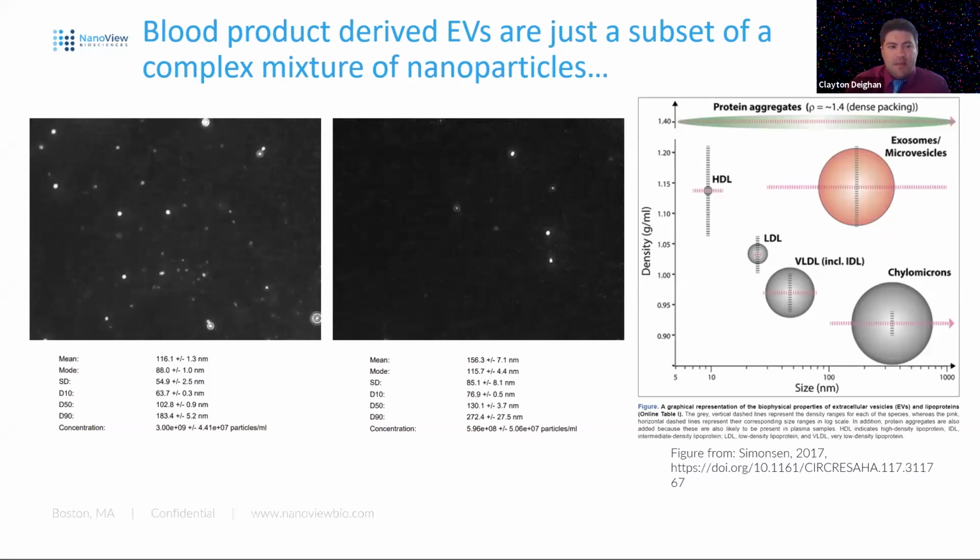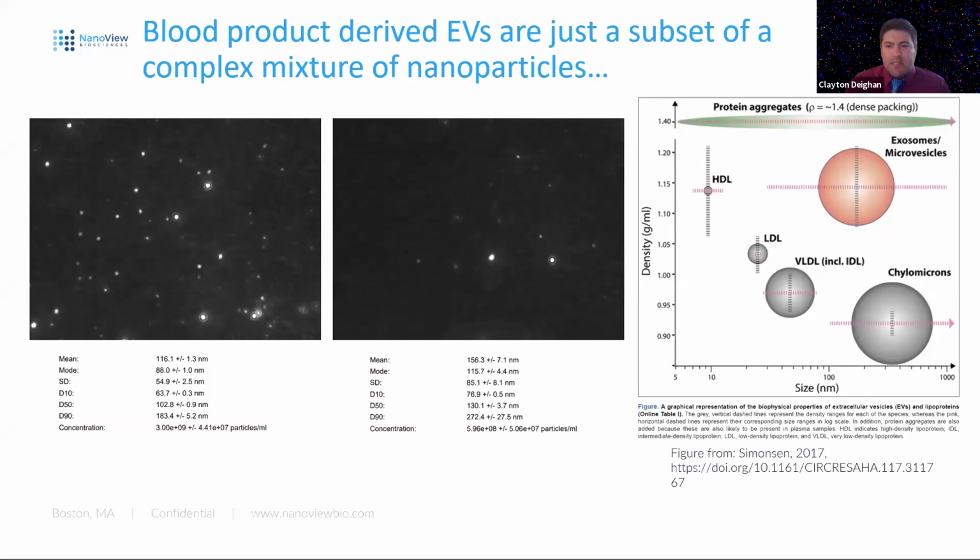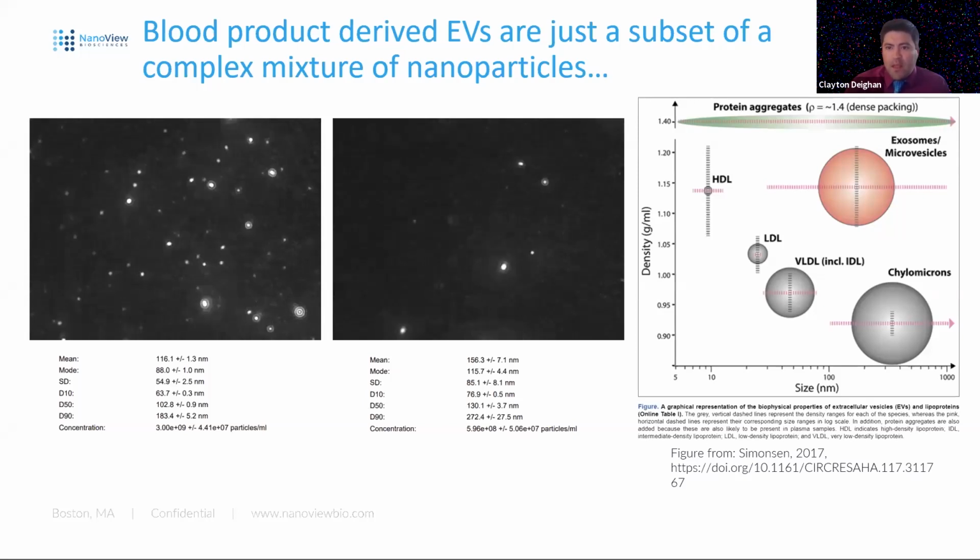Some beautiful NTA videos. What we have here side by side is two different plasma samples. I think a lot of us have probably done this experiment before, gathered data like this. We're looking at NTA to tell us about the total nanoparticles present. And when this blood product derived sample has EVs in it, they're often just a subset of a complex mixture